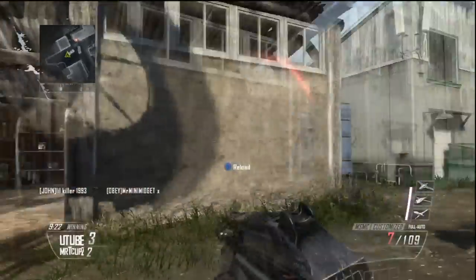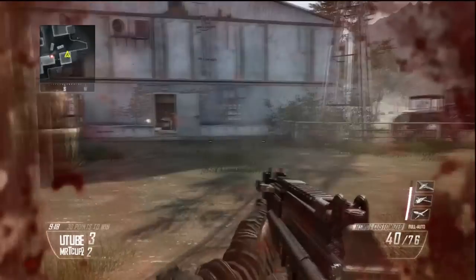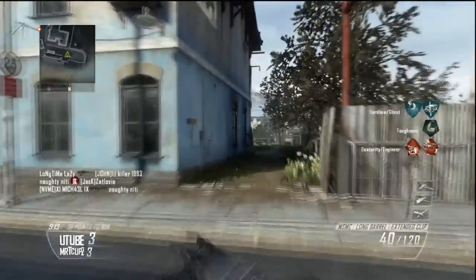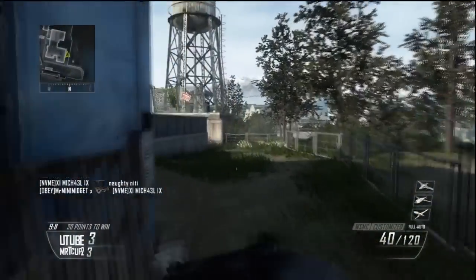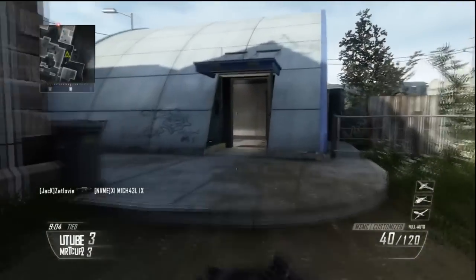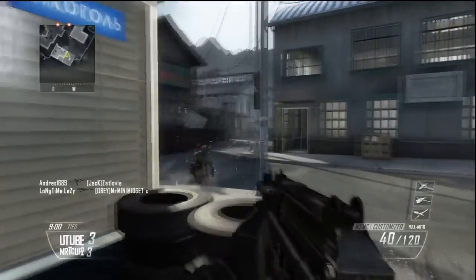So the gameplay in the background is a game of free-for-all. It's on the map Standoff. I'm using the MSMC with extended mags and long barrel, I do believe. And my perk setup is Ghost, Hardline, Toughness, Dexterity, and Engineer. My normal setup. And my score streaks are UAV, Hunter Killer Drone, and Counter UAV. Very low kill streaks, and they're one of the reasons why I'm going to be talking about silencers in this